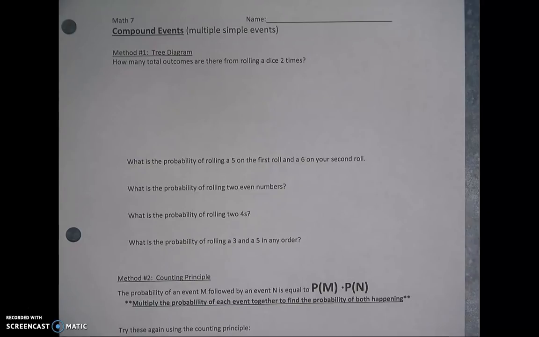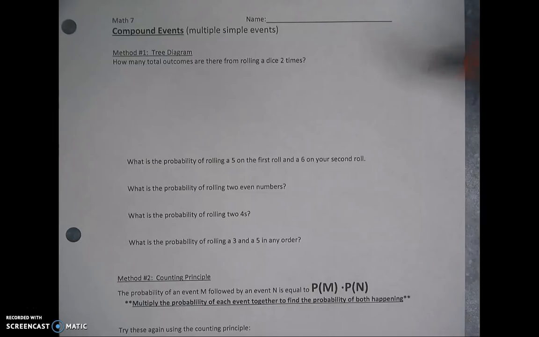So you roll the dice now 2 times, and what's the chance you get a 6 on both of them? Okay, different than rolling 1 dice and just saying, what's the chance of getting a 6 on just this 1 dice? It's much different once you add more dice or you roll it multiple times. Okay, so we're going to talk about 2 different methods. Both of them work. One takes a little longer than the other, but sometimes it's easier just to fall back on, and it's more of a visual too